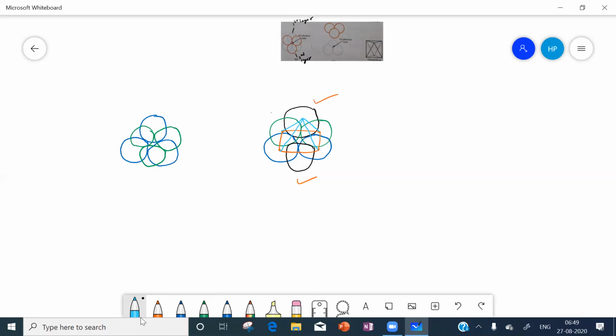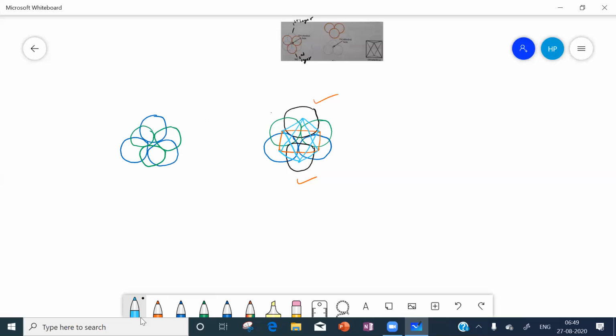Then we will try here. This center point we will take. From this center point we will go to this place and we will go to this place. Is it one triangle? Then go to this place. Is it a second triangle? Go to this place. Third and fourth triangle. Have we got four triangles? Totally, have we got 8 triangles?